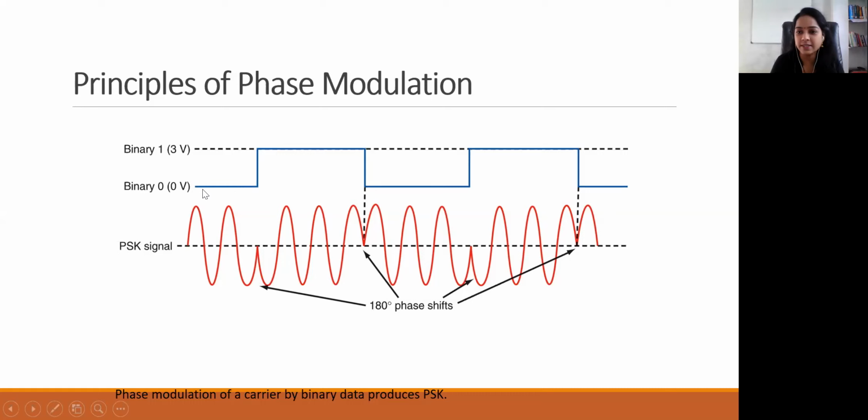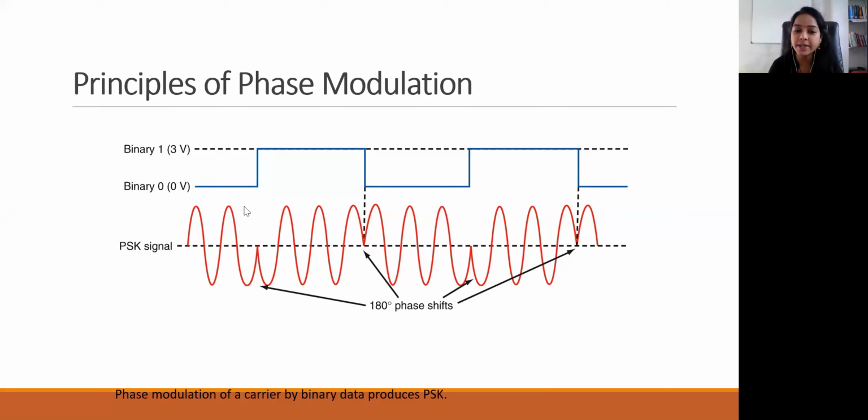Here, this is digital data. This is nothing but your input or modulating signal. This is the carrier frequency or the modulated signal. Because here phase modulation is done, we have not shown the carrier, but the carrier is there, and here we have done modulation. What modulation? Phase modulation. And after phase modulation, the waveform will look like this, that this changes from 0 to 1.